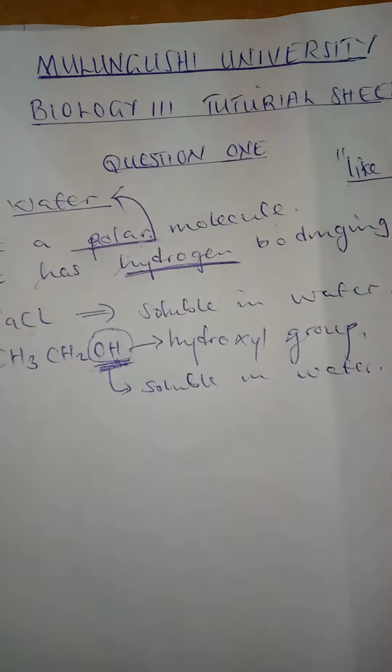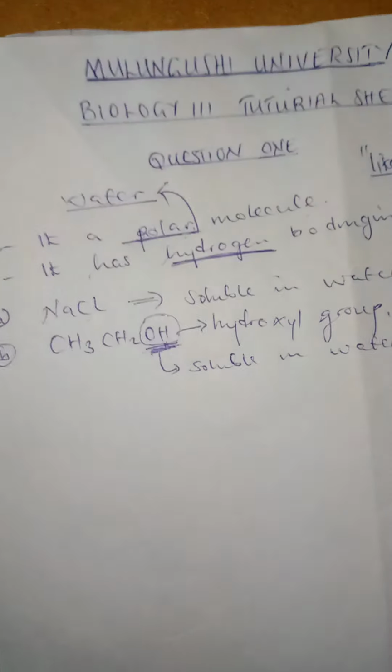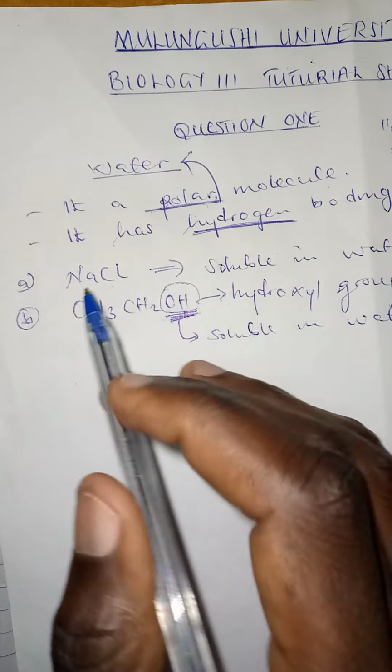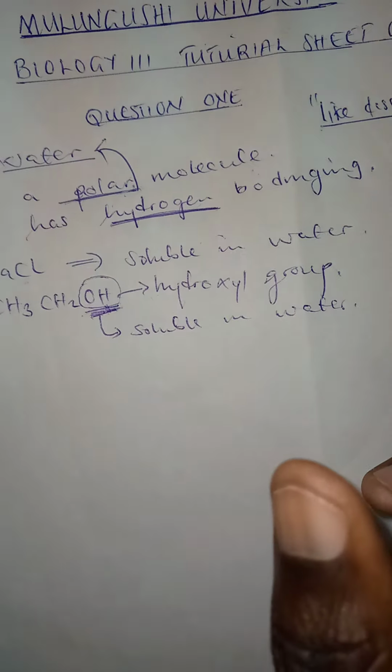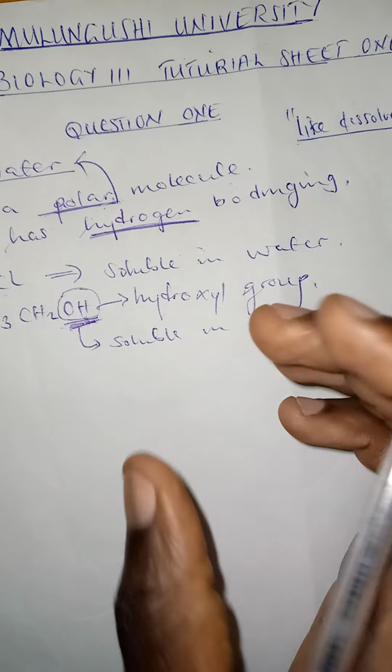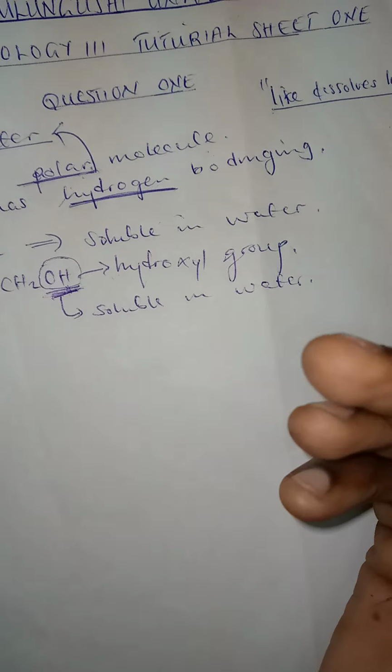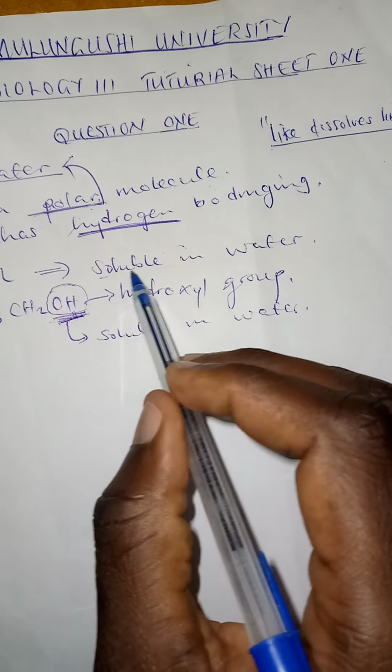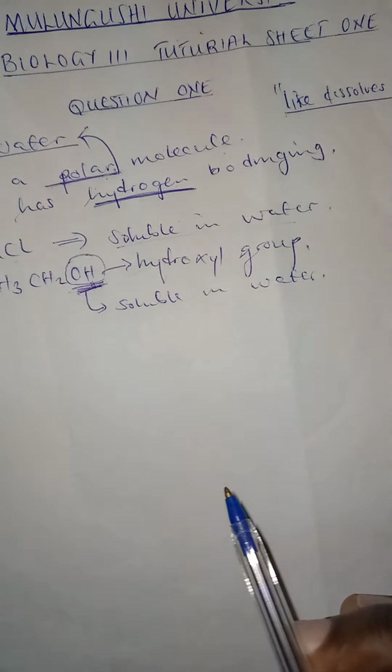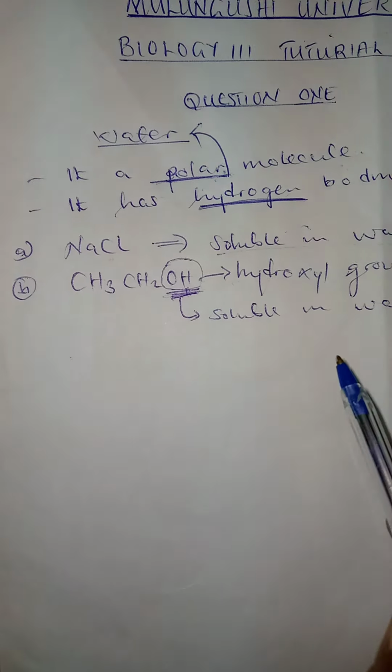Let's take a look at sodium chloride. If you place sodium chloride in water, it will dissolve. So basically, sodium chloride is soluble in water. That's your answer for part A. Part B, we are saying